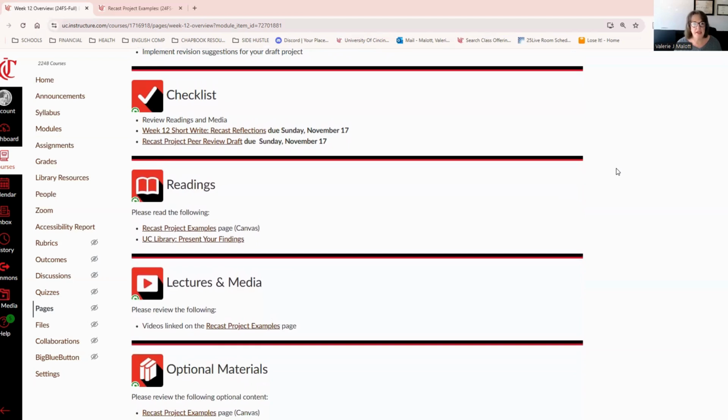In the checklist, we have review the readings and media. Take a look at the readings and any lectures and media that might be linked. There's also an extensive list of optional materials that I highly encourage you to take a look at, because all of those things are provided to help you get through this multimodal type of project.